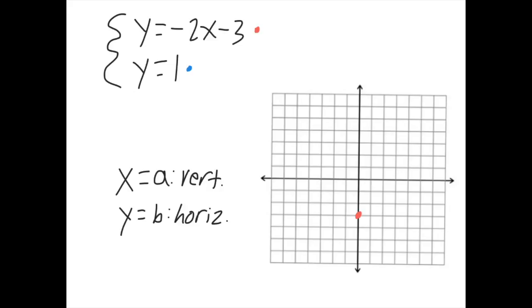So we go down 2 and to the right 1. Now, the second one, y equals 1, that's going to be just a horizontal line at y equals 1. So, pretty much just your y-intercept will be at 1,